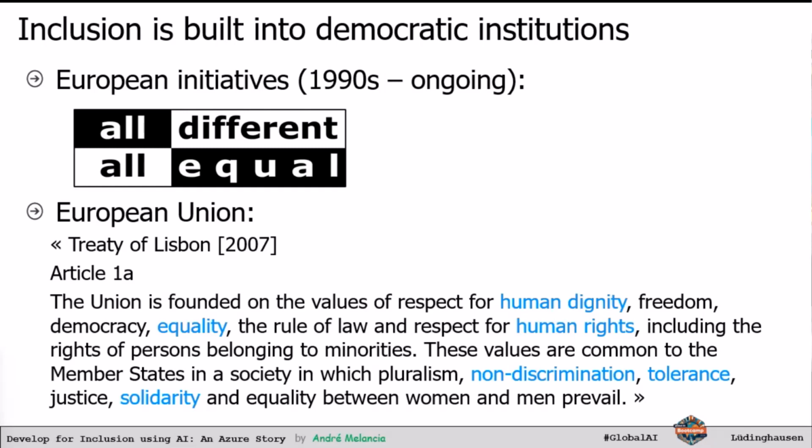Okay, so of course, equality and especially human rights are built into this. So everyone has the right to be equal. Okay, and this is actually very important. So of course, last one is that solidarity part that I was just mentioning of giving up the seat on the bus, which is of course important.